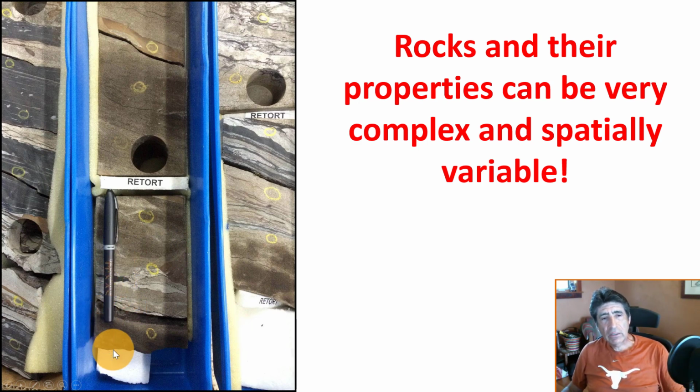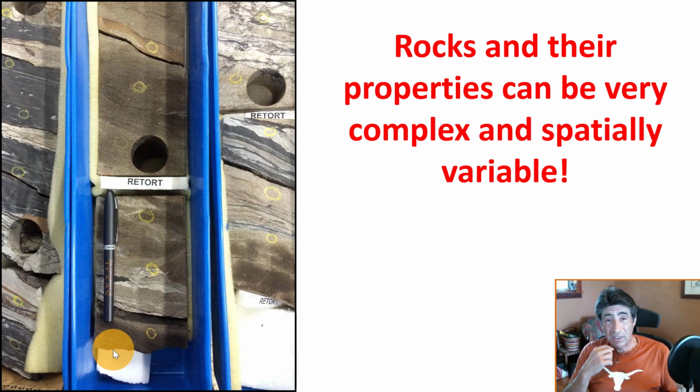Now you can figure out that this rock is varying much faster, at smaller lengths than the size of the pen. And because of that, when the well logs are acquired in rocks like this, the well logs are going to take an average. And how is the average going to work? This is what we call effective medium theory. Well, the average will work in a way that depends on the physics of the measurement.